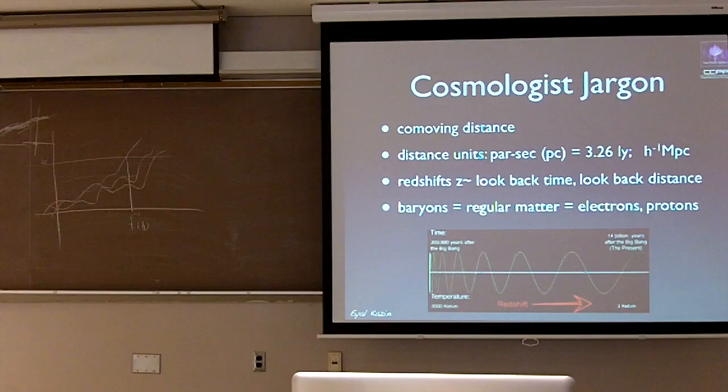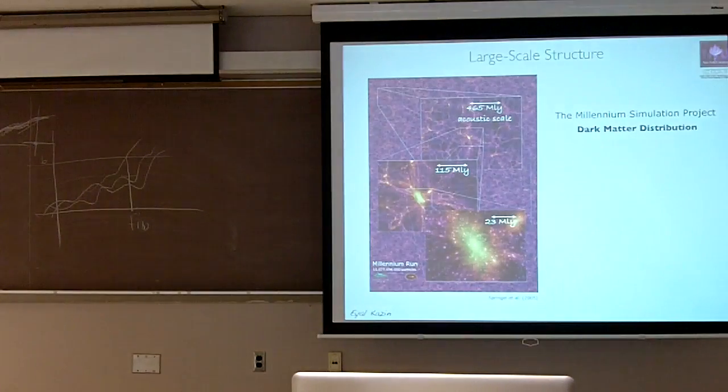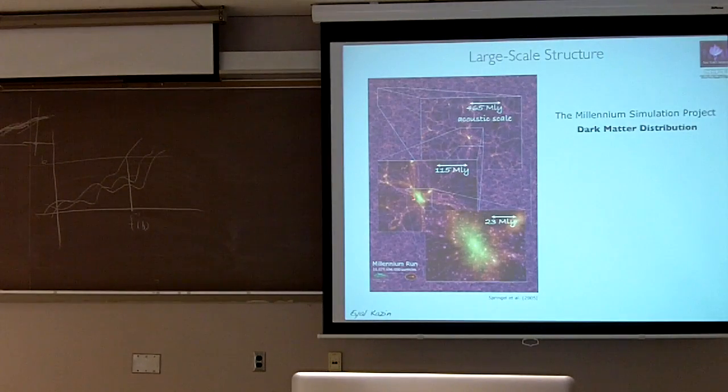An important concept is redshifts. The universe is expanding, and so the wavelength of radiation in the universe is expanding with it. So that's our proxy for distances, and that's also our proxy for time, because in relativity, time and distance are related. And also, I will do the common blasphemy, in which I will talk about baryons as a collective for electrons and protons as opposed to dark matter. So I hope that's all the jargon I'll be needing to use.